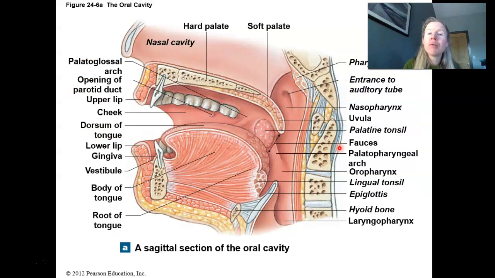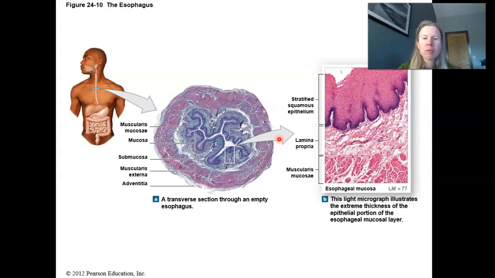Okay, well, I do like this one for the view of the pharynx. So food in the oral cavity is getting chewed and pushed around by the tongue. And then when we go to swallow, the food is going to enter the pharynx, right? So again, kind of the back of the throat, shared by the respiratory system. Then when we swallow food, it's going to go into the esophagus, and this is really just a hollow